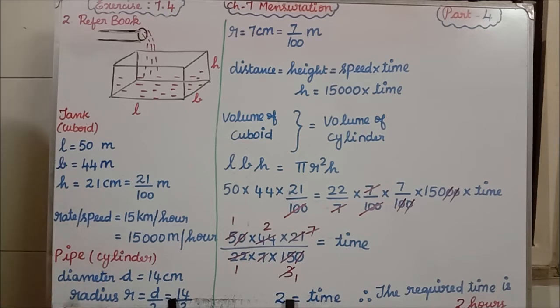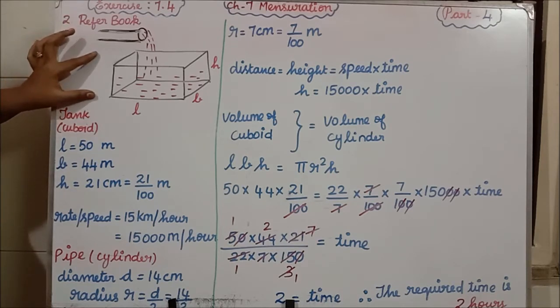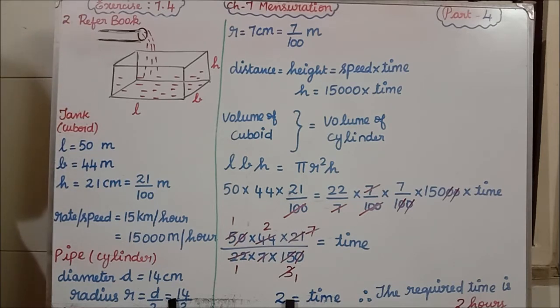Clear, students? Here they are talking about two shapes. One is the pipe. Pipe is what shape? Cylinder. So, volume of the cylinder is equal to volume of the cuboid. Here we are going to use that. Clear, students, all of you? Now, separately they have given the measurements for each shape. First I have written that. Now I will explain the solution.